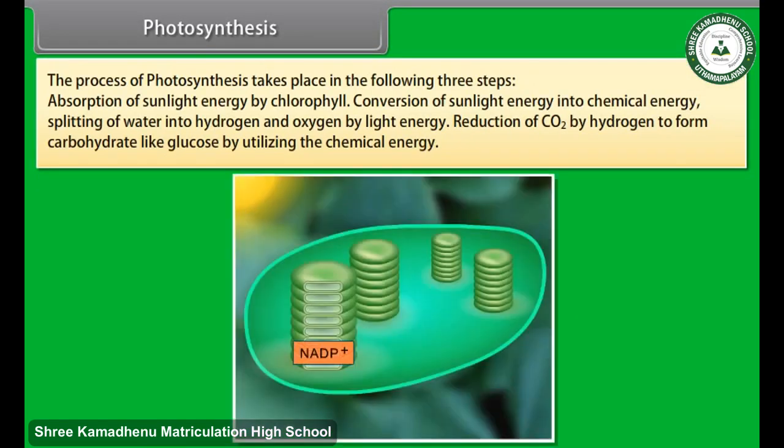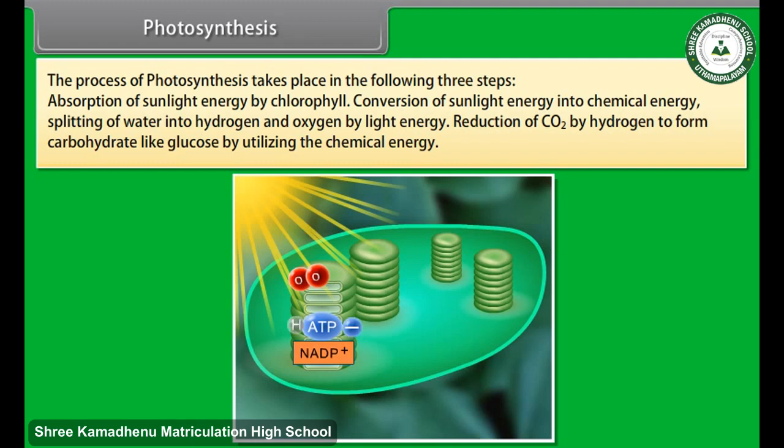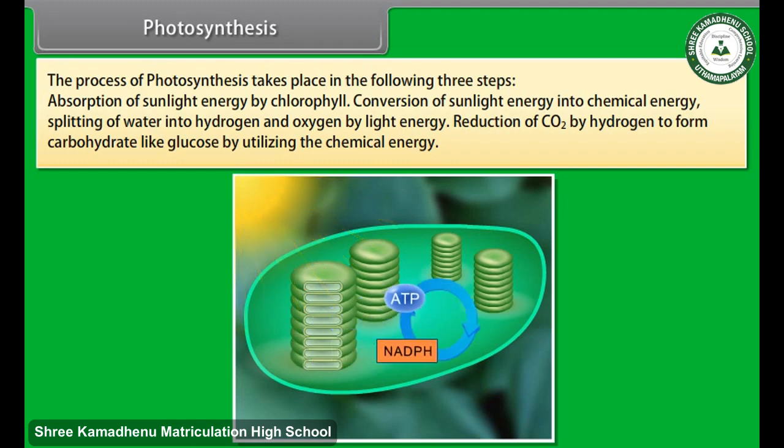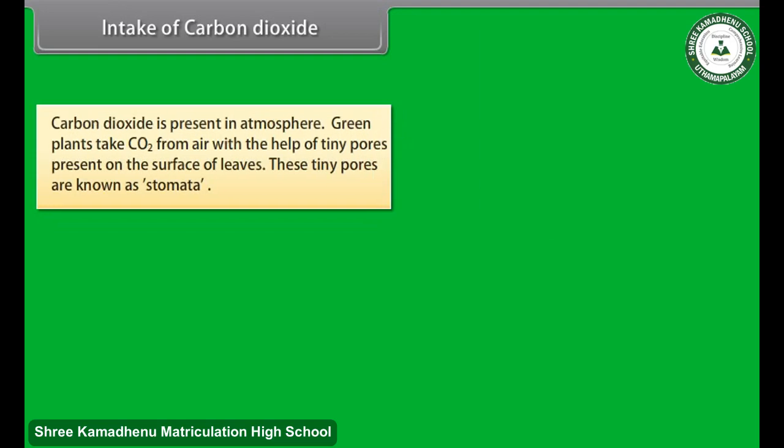The process of photosynthesis takes place in the following steps: absorption of sunlight energy by chlorophyll, conversion of sunlight energy into chemical energy, splitting of water into hydrogen and oxygen by light energy, and reduction of CO2 by hydrogen to form carbohydrate like glucose by utilizing the chemical energy. Intake of carbon dioxide. Carbon dioxide is